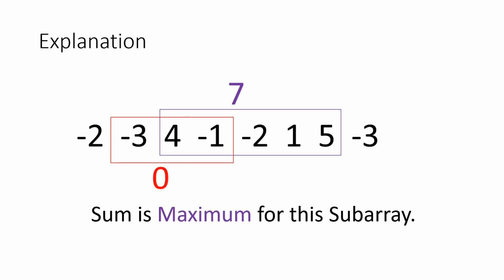Now let's look at the first example and understand what the problem actually is. So the problem says we want to print the maximum subarray sum. In this case, if you just look at the list of numbers provided here, the maximum sum for any kind of subarray will be minimum except the one which is specified in the violet color, that is 4, -1, -2, 1 and 5. The maximum subarray sum is 7 for these numbers here.